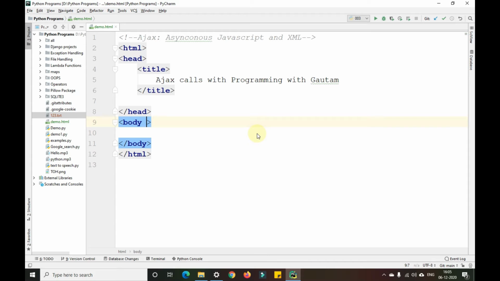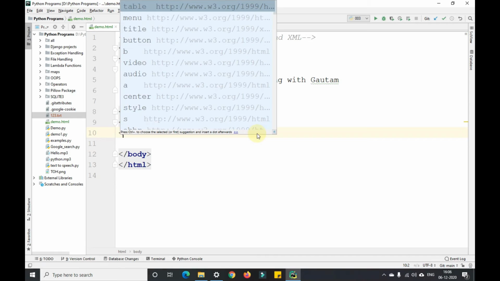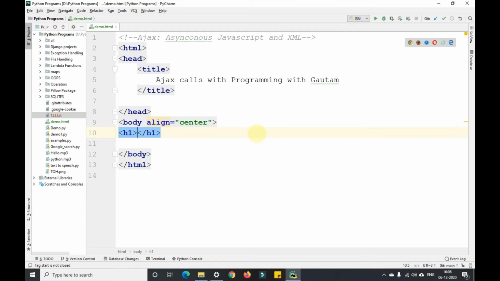For this body, I'll align it to center. Now I'll open an h1 tag here and give hello here. So I'll open another h2 tag here.